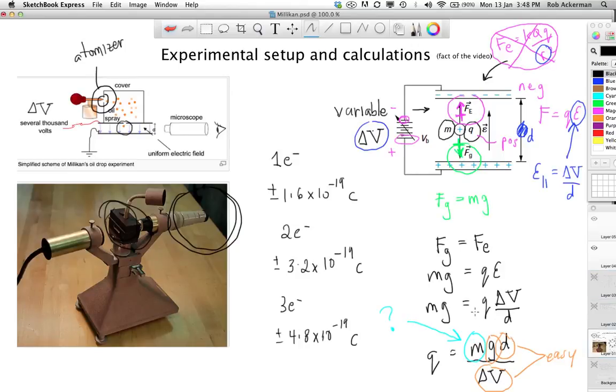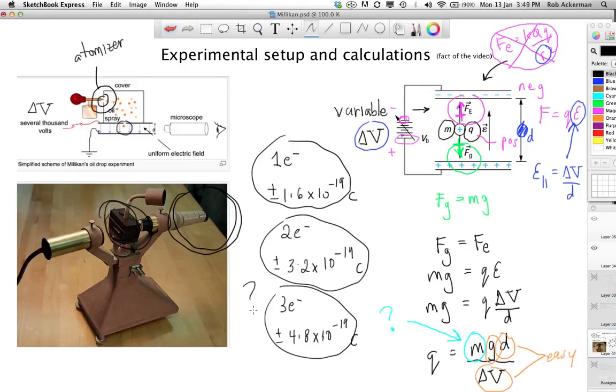So in the end, Millikan is able to measure the charge on any given oil droplet. But he doesn't know, is that charge due to one extra or deficit electron? Is it due to plus or minus, so a deficit or extra 2 electrons, 3, maybe a huge number like 100? Who knows? How does he figure it out? Well, the idea is this. It's to repeat this experiment many, many times and look at all the charges you get for various different oil droplets. And painstakingly, in the 1800s, without the use of computers, look over all of these charges